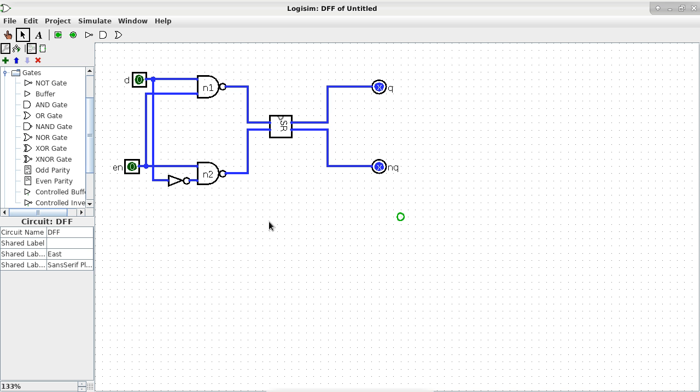What happens when En is a 0? Now, look at how En is connected. Okay, so let me just click on it. I'll use the poke tool to click on the output of En. And now you can see where it goes, right? It goes to both of the NAND 2 gates, which means both of the NAND 2 gates will have an output of